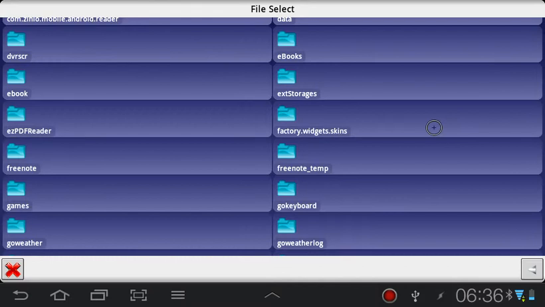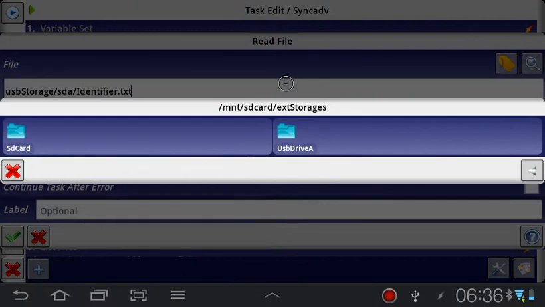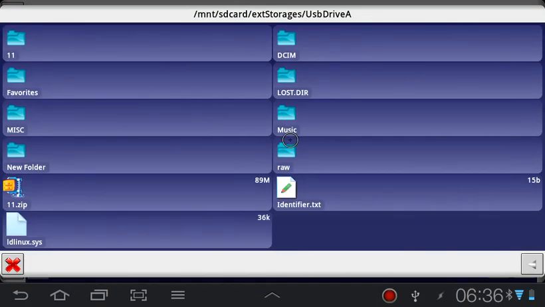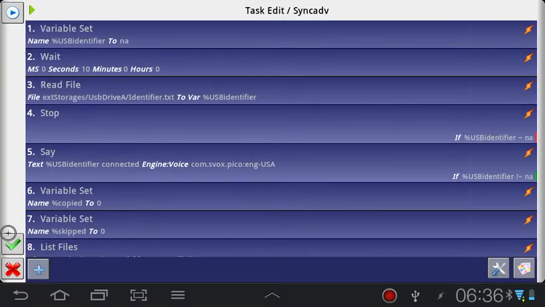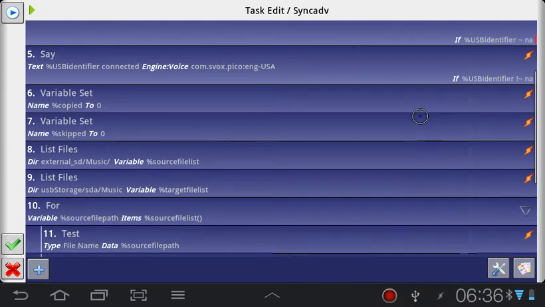In the case of the Galaxy Tab 7.0 Plus, that's under external storages and USB drive A. And then I have the identifier.txt file, which I can select. So then you just select that and you click your way out of that action,